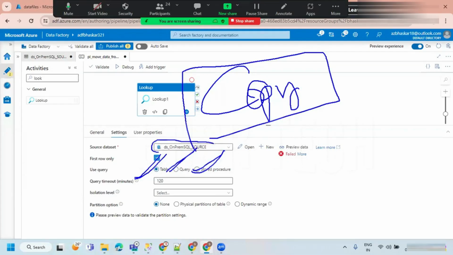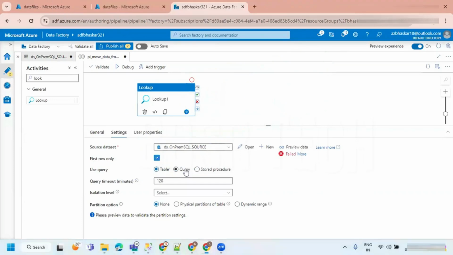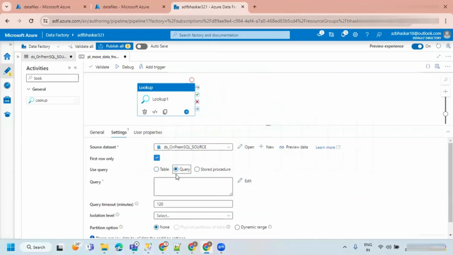I'm not pointing to any table specifically. In real time, we don't point to a table; we are always going to use a query. That way, this dataset can be used for the copy data activity and for any lookup activity if you're taking data from the same database. Because of that reason, I have taken a query here.